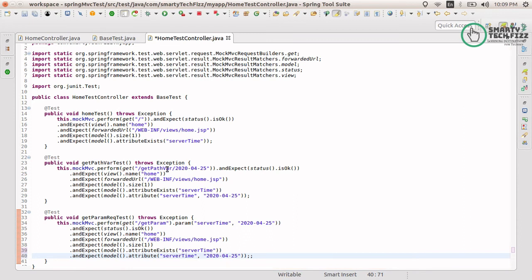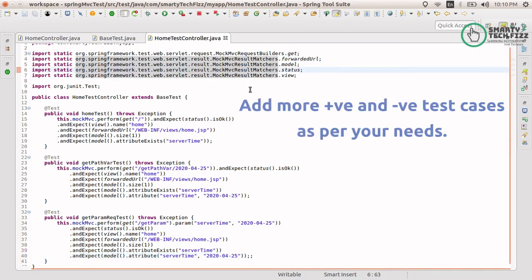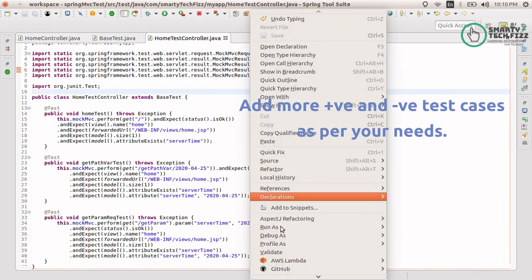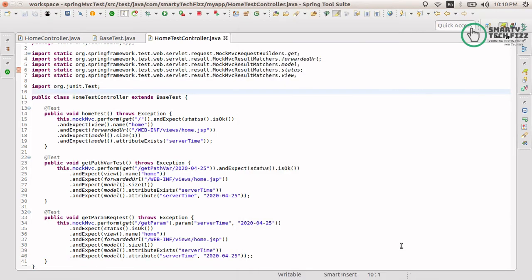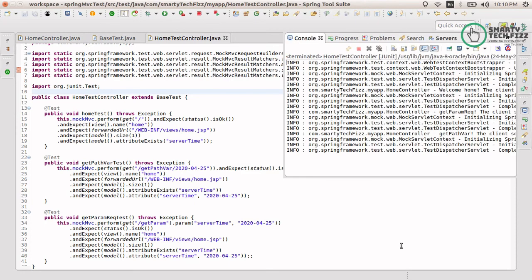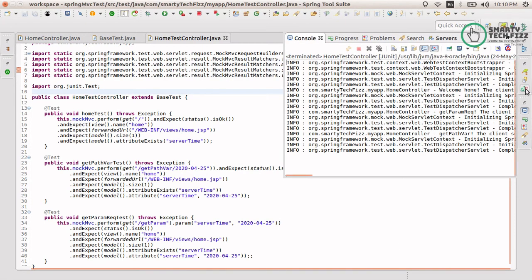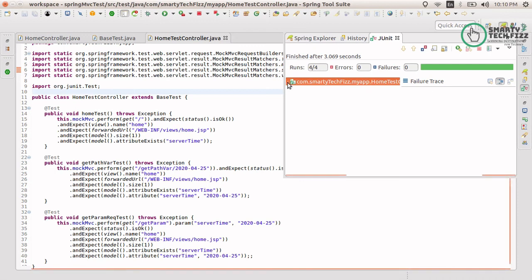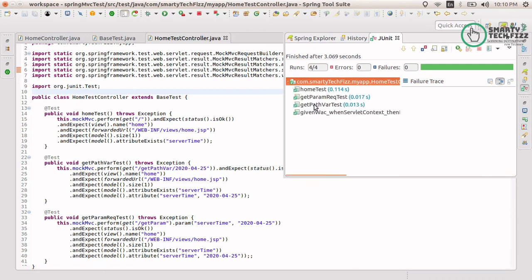You can even extend your cases, including negative cases, according to your need. I am just showing you examples. So now running the JUnit test. You can see that we have successfully completed all the functions without any errors.